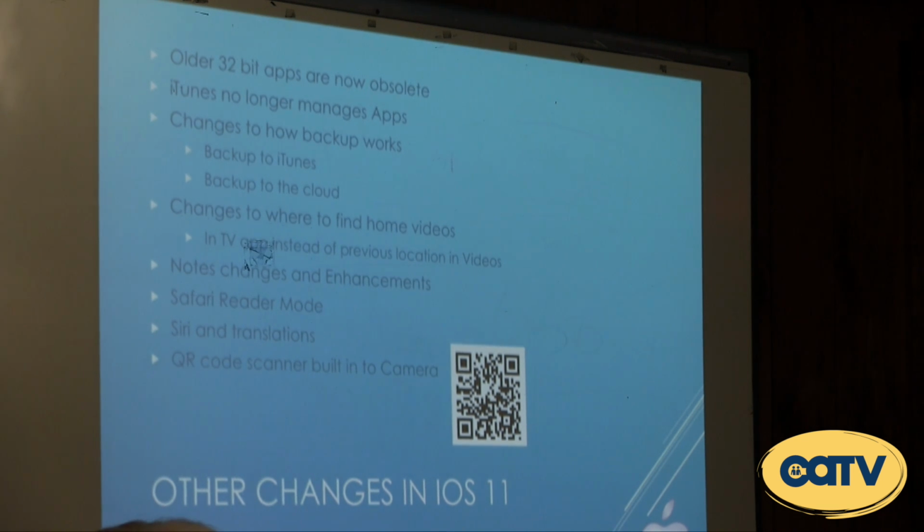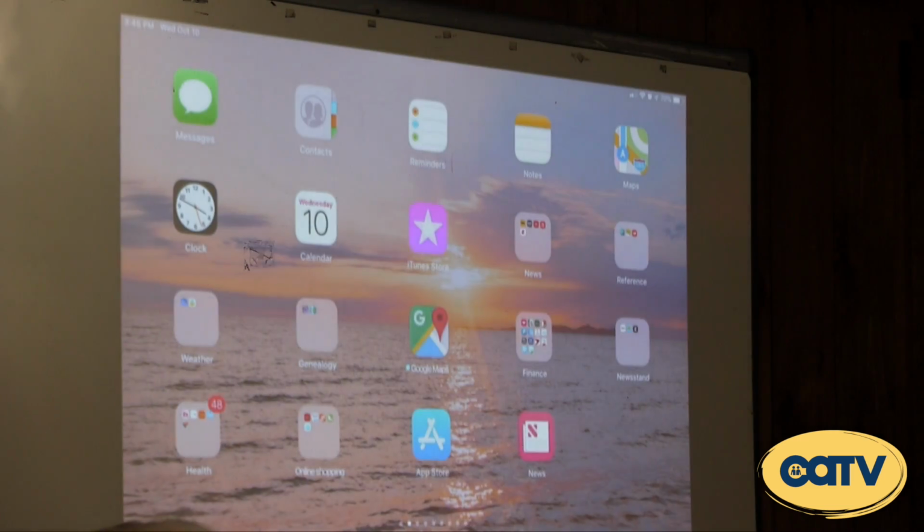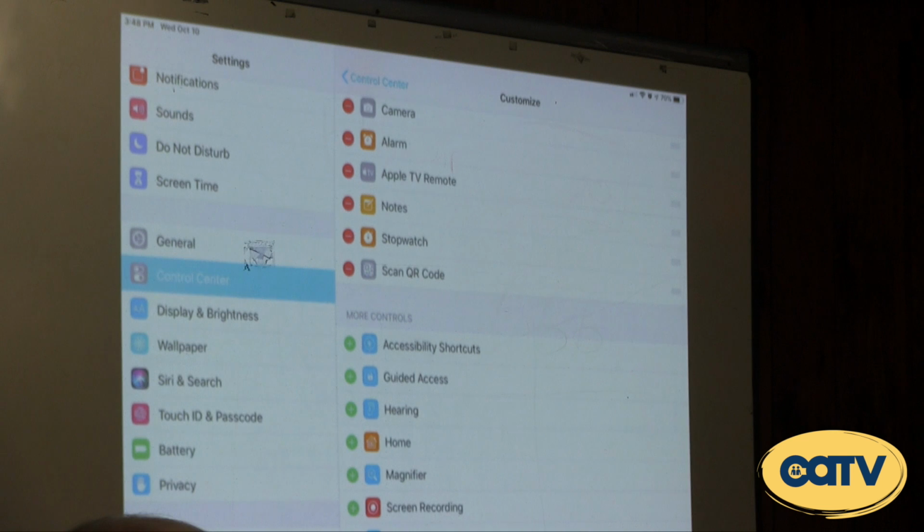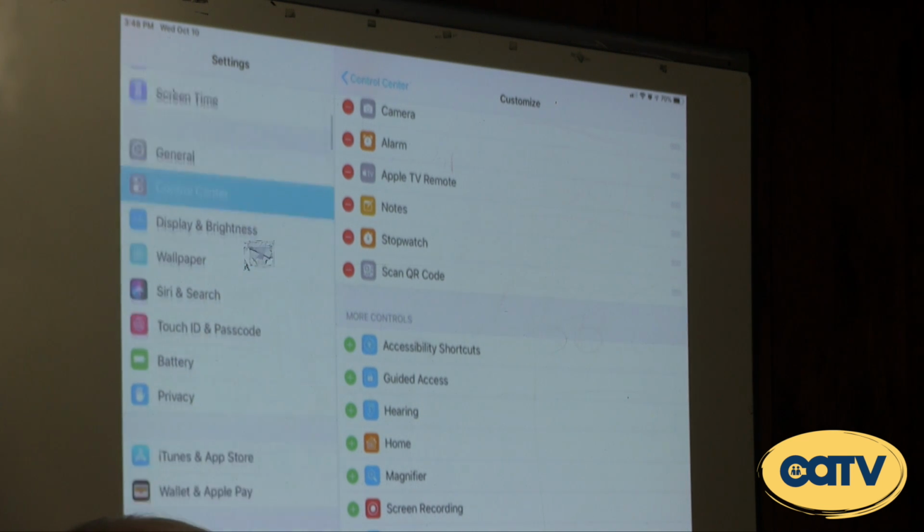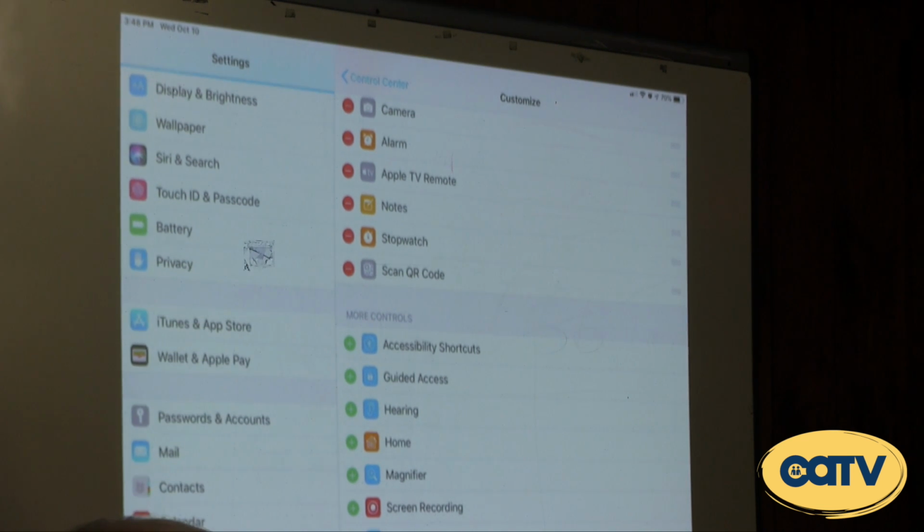But some apps which are old are still in 32-bit mode. I mean, you can't tell. I'll show you how you can find out. And they are now obsolete. If you try to launch one of them, it'll tell you this is obsolete. And there's a way to find out in the system settings, as